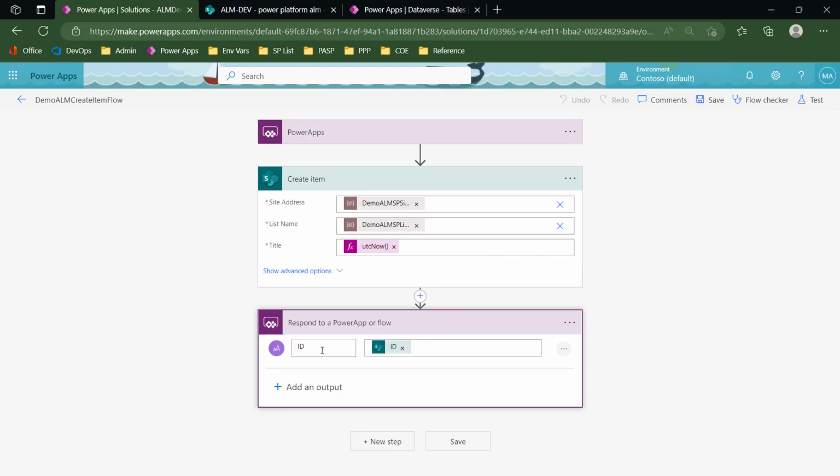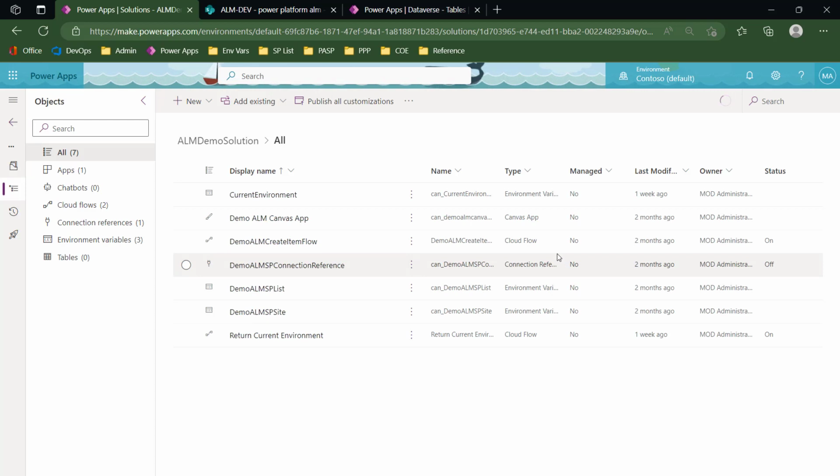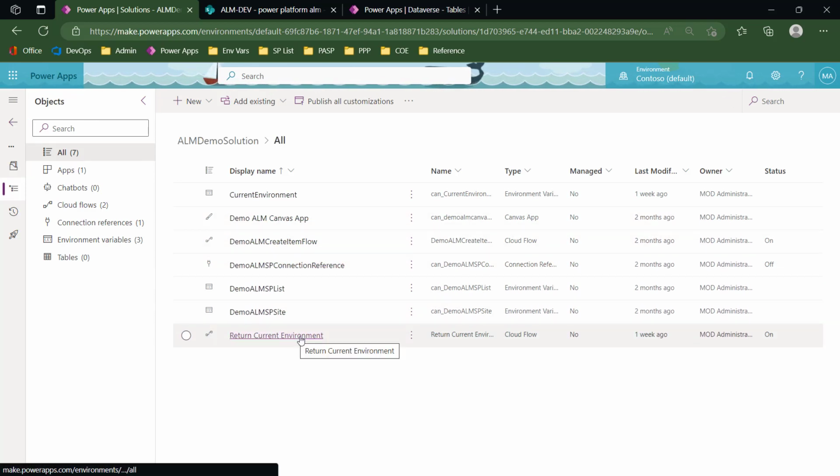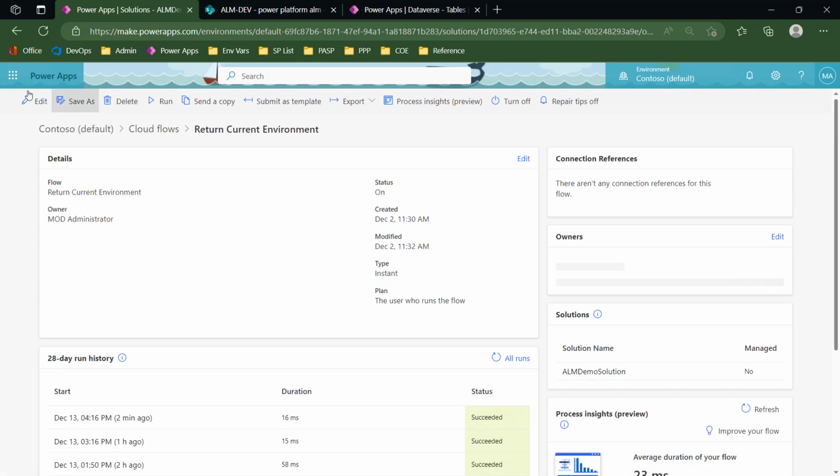And then I respond to the Power App with the ID of the item that was created. Very simple how that one works. The other flow, return current environment. This is about as simple as it gets. When we look at this one